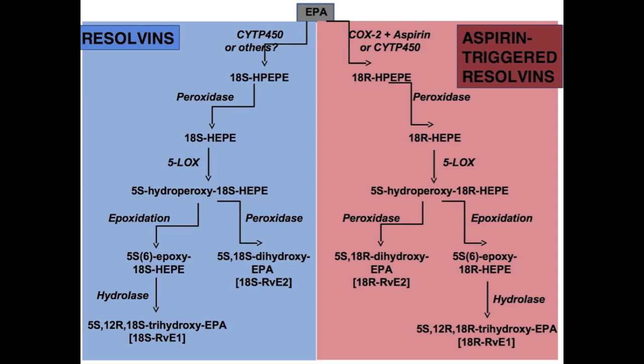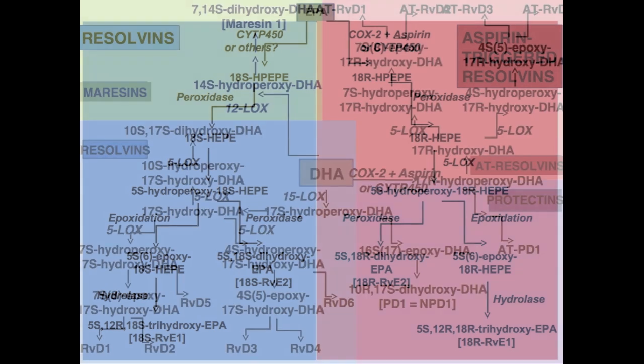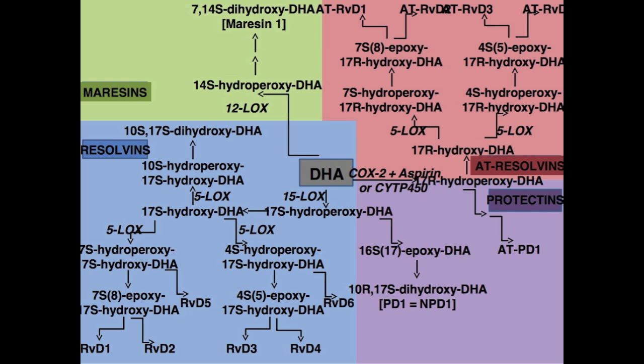Interestingly, in the presence of aspirin, some resolvins with slightly different structures are formed that are also biologically active in turning inflammation off. And DHA is even more complicated, so there are 6 different resolvins. There are some aspirin-triggered resolvins, produced in the presence of aspirin. There are some protectins, and there are also now several of these maresins. These have mainly been studied by a group in Boston, in the US.